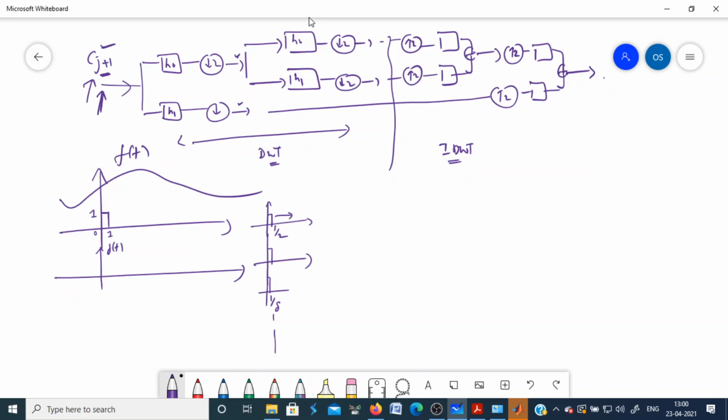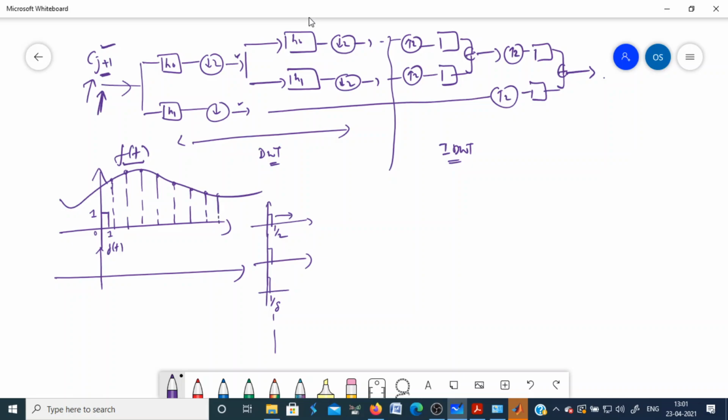And then when you find these scaling coefficients, they are obtained as the inner product of the function with these scaling functions. It means that when you find the inner product of the function with impulse signals, that gives nothing but the sampling of the signal itself. So the samples of the signal, if they are chosen according to the Nyquist rate, can be taken as a good approximation for the input to this filter bank.